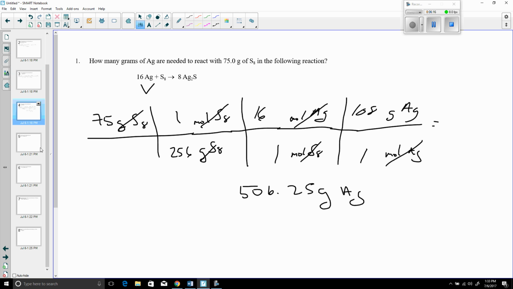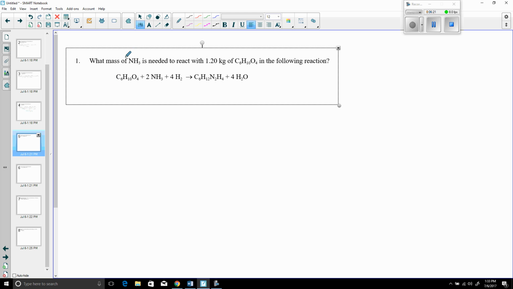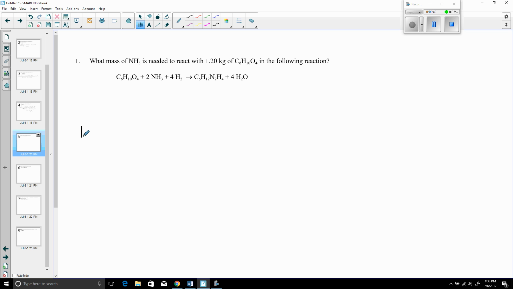All right, going on to the next one, 506.25 grams of silver. Now, this asks what mass of ammonia is needed to react with 1.20 kilograms of this substance in the following reaction. So this one is a little bit different because it's expressed in kilograms, which is a unit of mass. Of course, our molar masses are expressed in grams. So we're just going to have to convert kilograms to grams, which is easy because you have 1,000 grams for 1 kilogram. So that's the first step we're going to take, is we're going to go 1.20 kilograms of